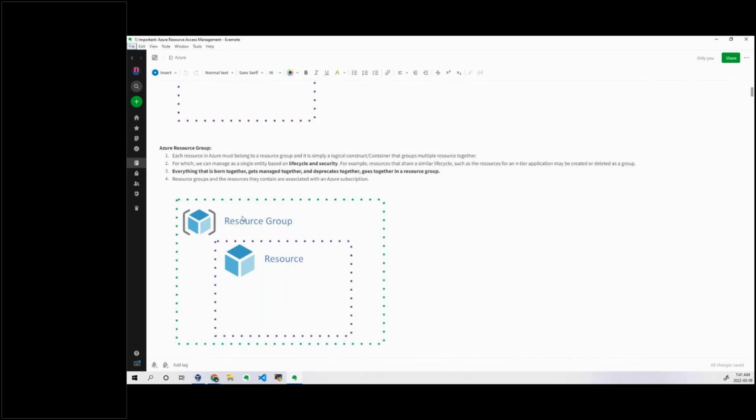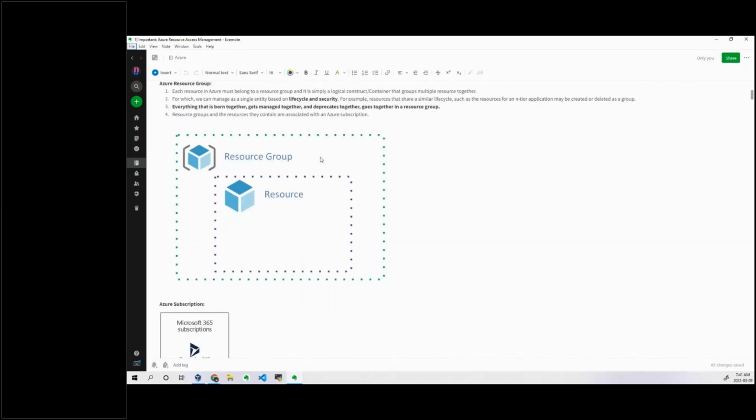You can see by looking at this diagram, this is the resource group. Under the resource group you will have the resources, maybe 1, 2, 3, 4, 5, or maybe 10 or 20 resources. Under the resource group I can have n number of resources, and all these resources I'm managing under this particular resource group. It's a logical entity. It is not a physical or virtual entity. It is just a logical thing, adding these resources under one umbrella. That's the only thing we have to understand.